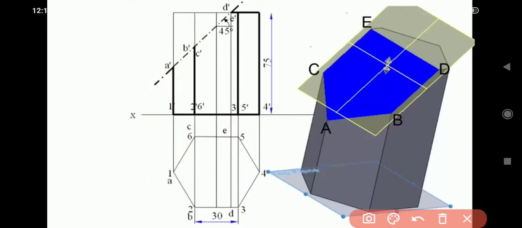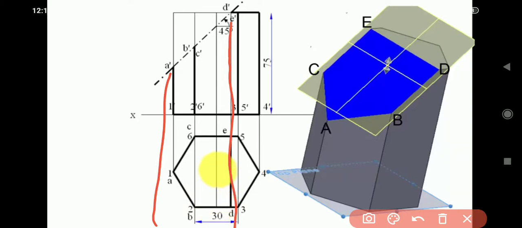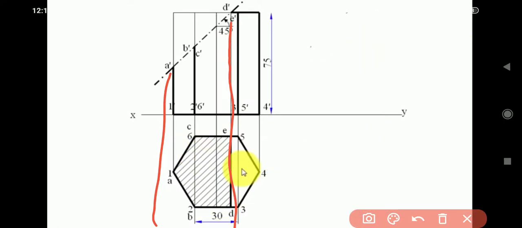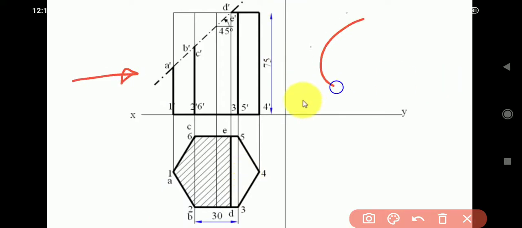In that way you can represent the points on the top view, and in between this starting point and ending point of these lines, this is the sectional top view. So under these two lines only you need to hatch. By giving the hatching lines, that gives the sectional plane. In that way you can represent the sectional plane. And next coming to the side view, that can be represented over here by drawing one reference line.